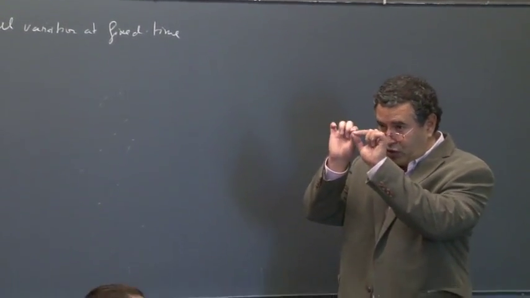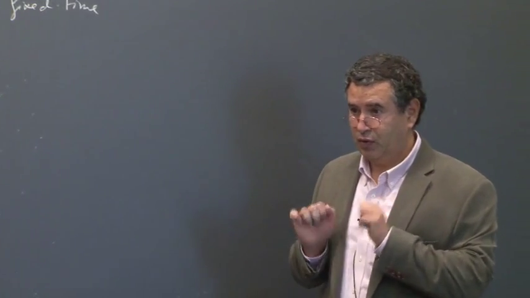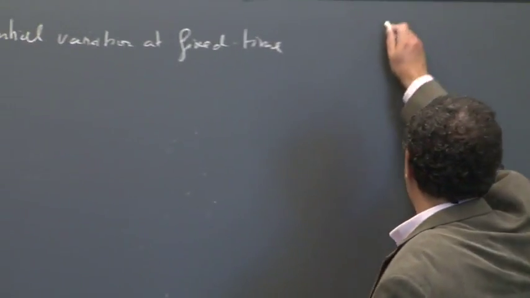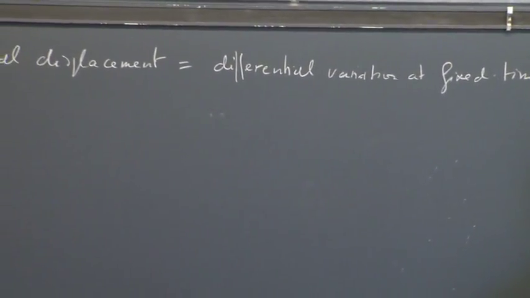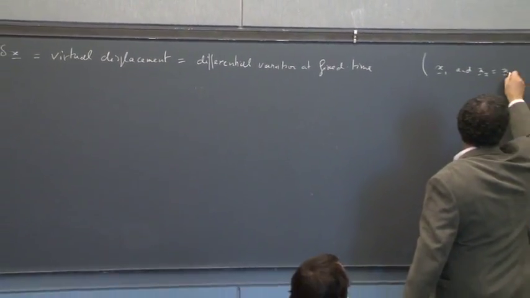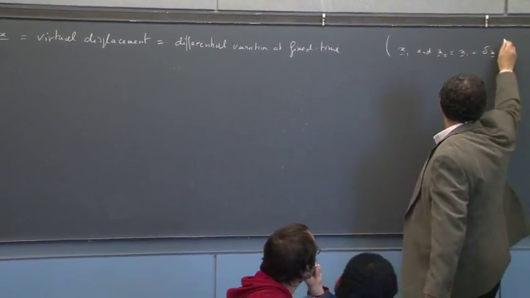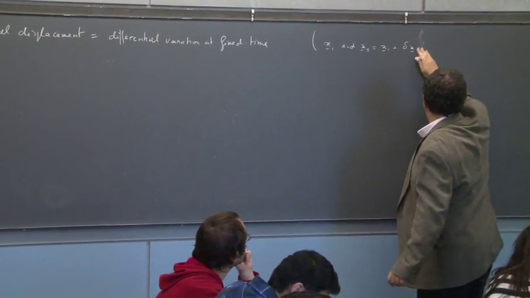So you take a picture at time t, and you have x1 and x1 plus delta x. You have x1, and x2 is simply x1 plus delta x, right? At given time t.